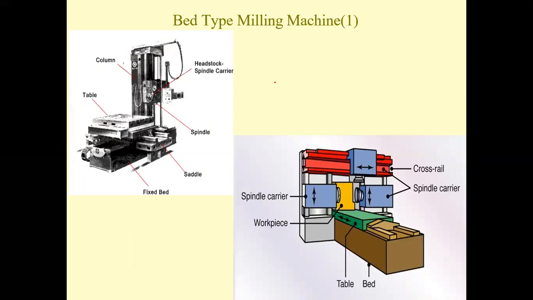To this column, maybe a milling cutter is attached. This column can be rotated about its axis, so it can rotate wherever you want to machine. When you're loading, this has to be kept separately, and you can keep the workpiece. Once loading is done, you can keep the spindle head at any position vertically and machine. There is a very big bed being used, so even the bed can be this size. This kind of milling machine is called a bed type milling machine.